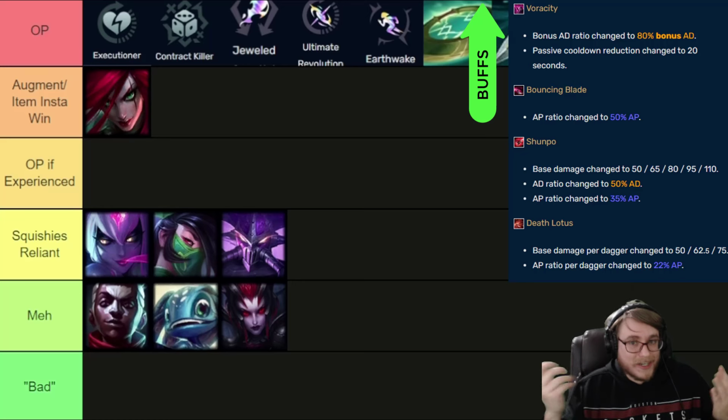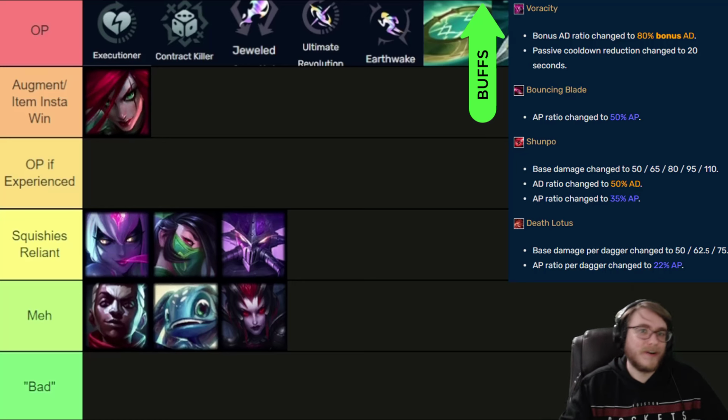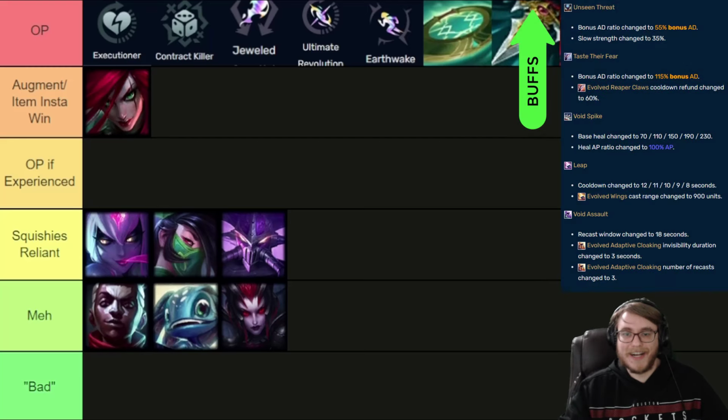She's really good with Marks Mage, for instance, because again, her ultimate procs on hits. Just because there are so many augments and items that make Katarina really, really good, I'm going to put her in this tier. Next champion we're going to look at is Kha'Zix, who has had all of his abilities buffed. Honestly, Kha'Zix has received so many buffs, but I'm still kind of going to put him in the squishies